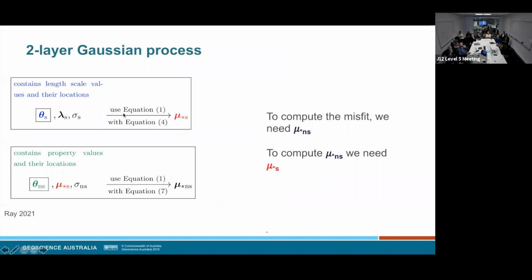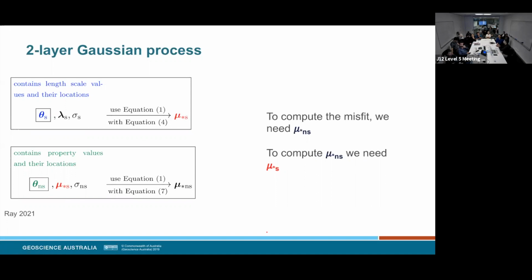Probably not, because I think you're already on to me, except that I'm doing a trans-dimensional version of what you're thinking. So if I've got length scale values in their locations within one trans-dimensional parameter vector, that's theta s, this can give you a mean, which is mu s.